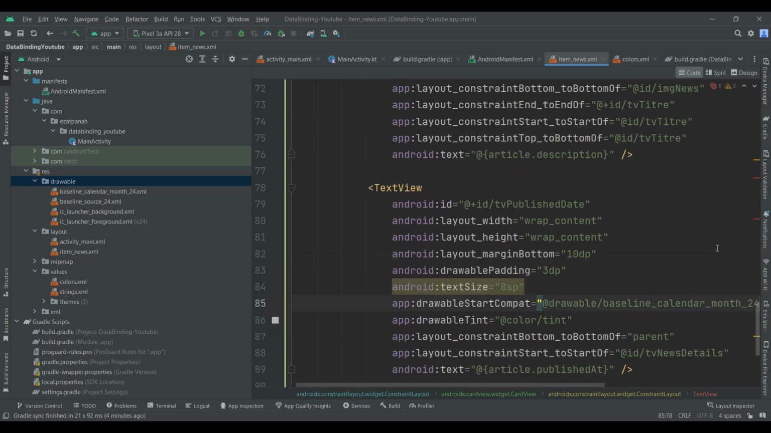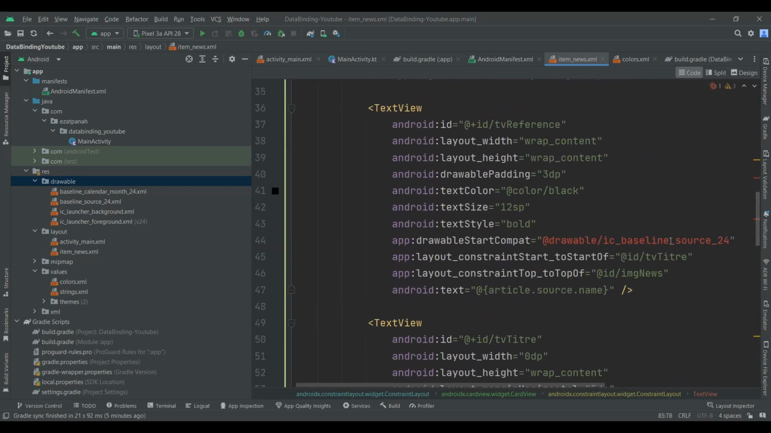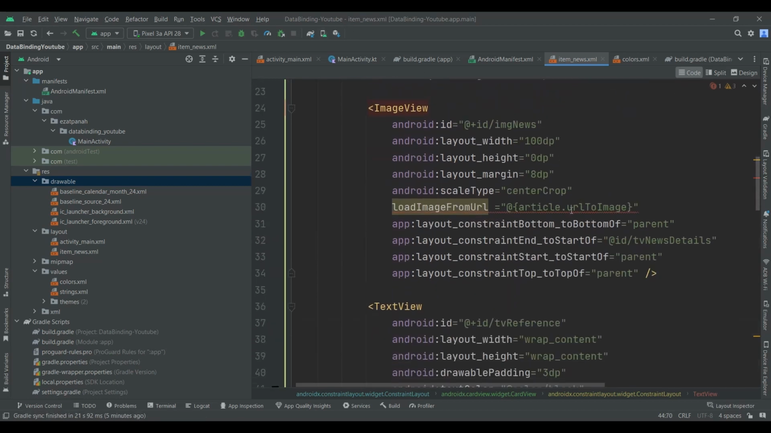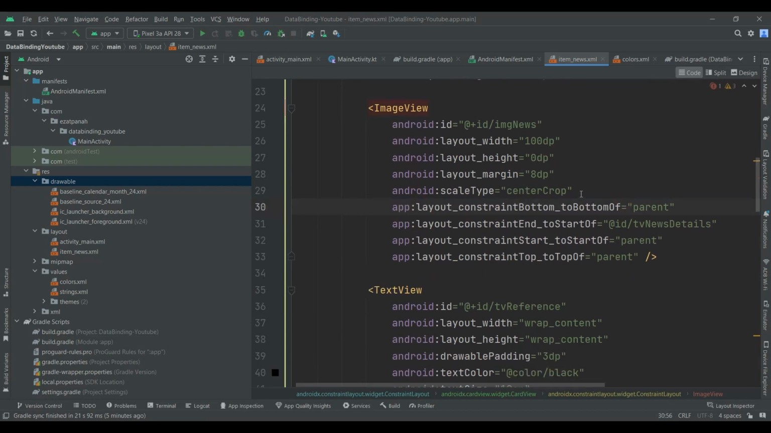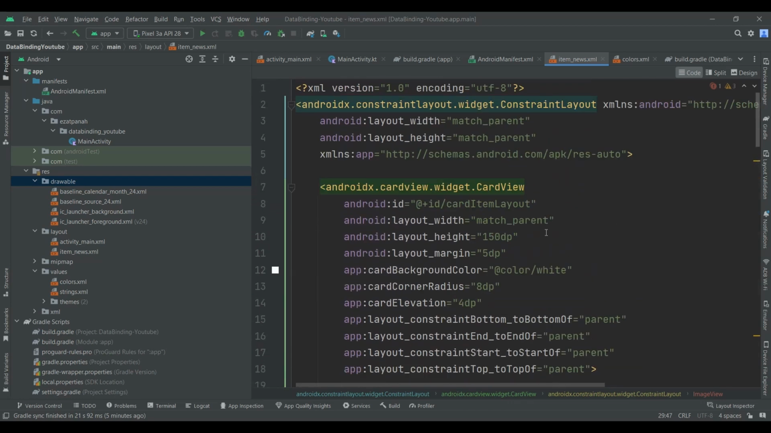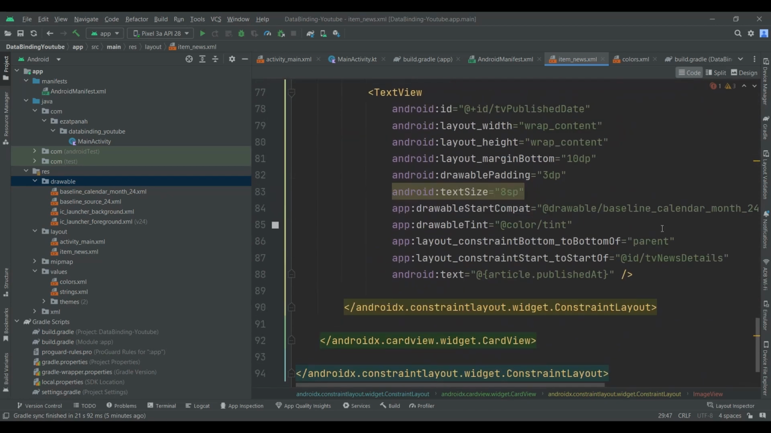Yes, this one is fixed. Let me check this one. Yes, this one as well. Okay, let me delete this one because I will explain that one in detail later. Okay, all the things seem good,